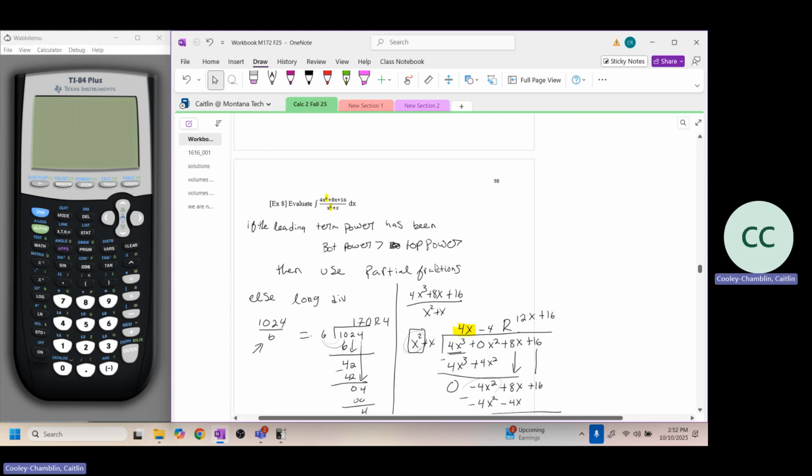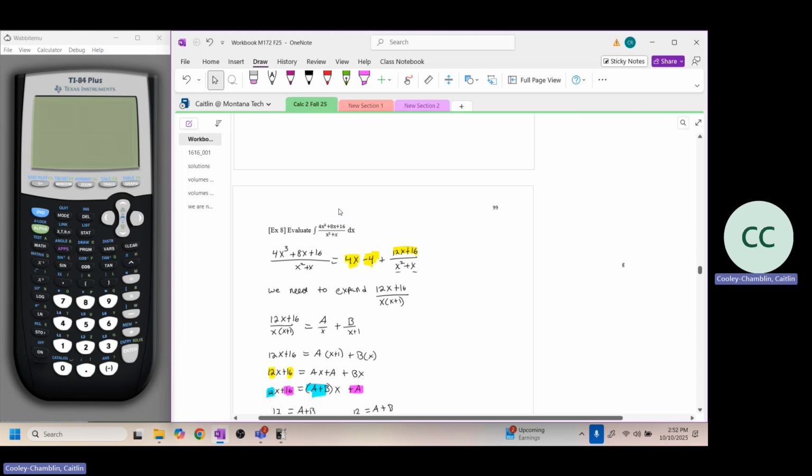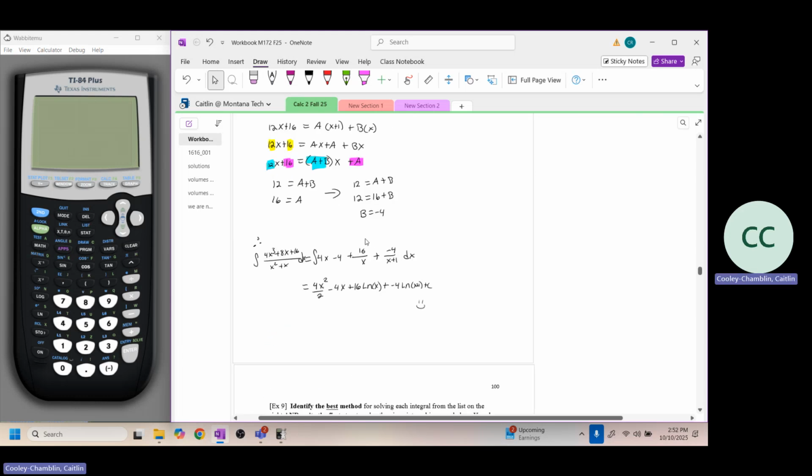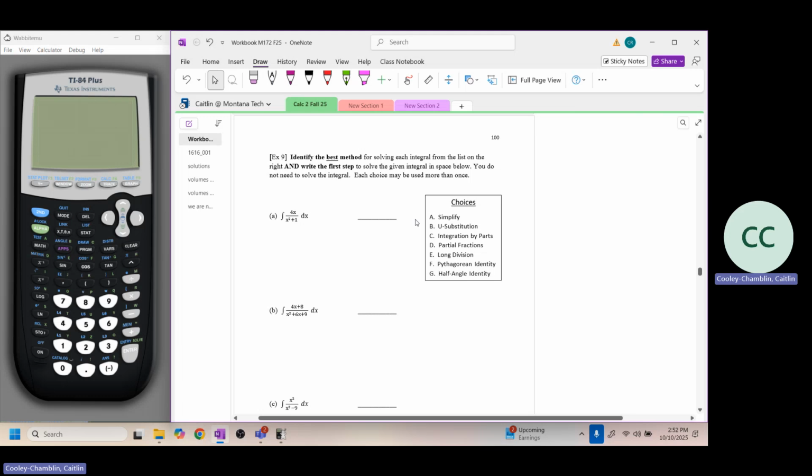And then the last one is when the power on top is bigger than the power on the bottom, and that we need to use partial fractions. Sometimes you have to use multiple of these techniques to solve, and that's okay. It happens. All right, our last page here